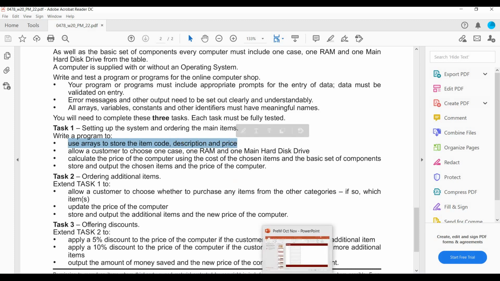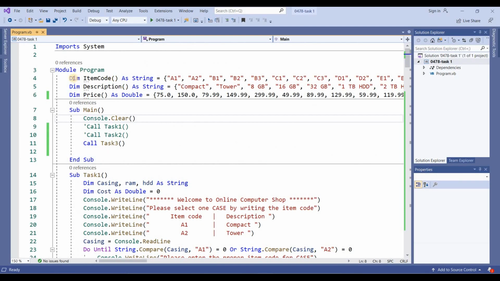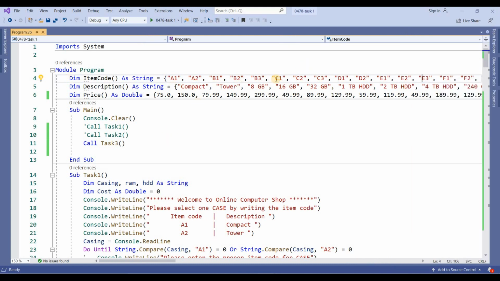What I did for that purpose: I have declared 3 arrays with the names item code, description, and price. In item code, I have written all the codes: A1, A2, B1, B2, B3, C1, C2, C3, and so on.